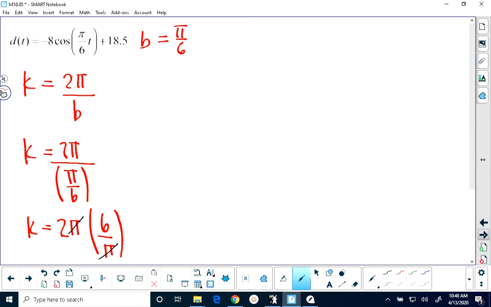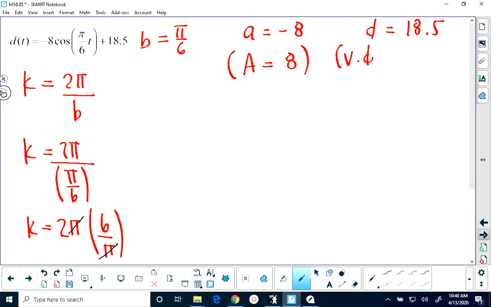We're going to have to take a look at the values of A and D. We can see that A is the coefficient of the cosine function, which is -8, and that becomes important because it tells us the amplitude is 8. We can see that D is 18.5. That becomes important because it tells us the vertical displacement